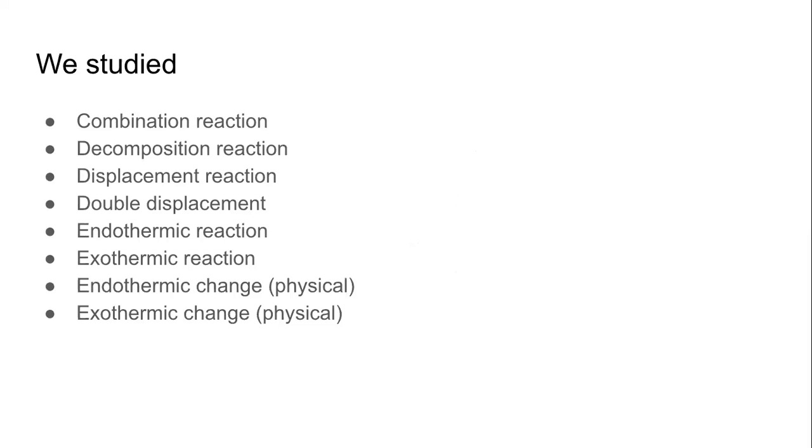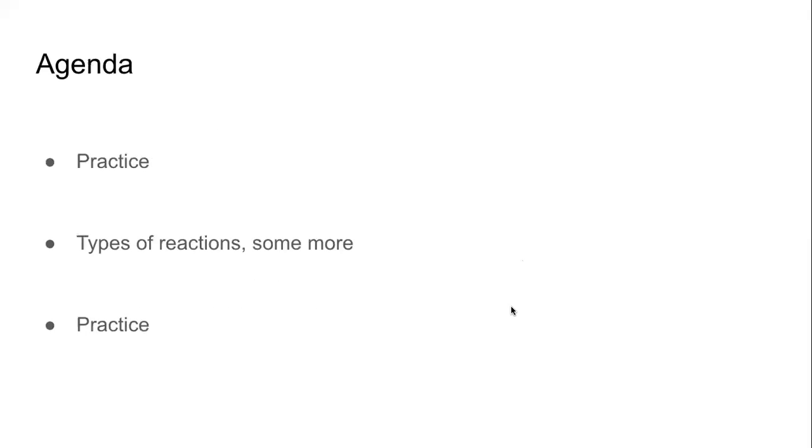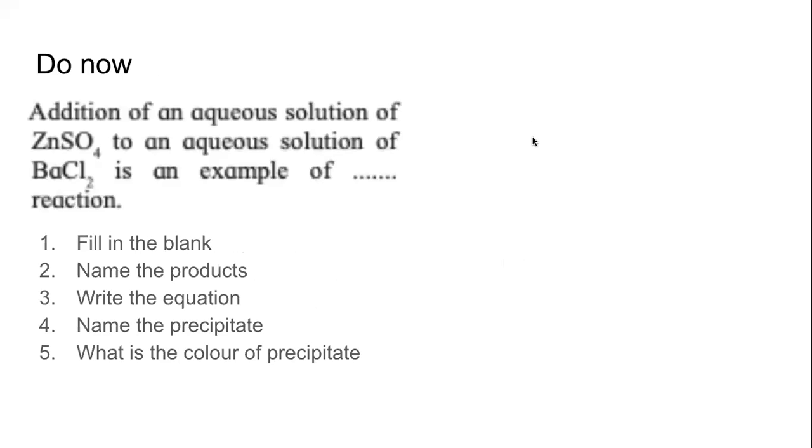Today we will continue studying more about different types of chemical reactions. But before that, there will be a practice where you will answer a question or a few questions. Then we will study some more types of reactions, and we will finish the session with more questions. So be ready with your textbooks, notebooks, pens, and pencils. The next question that is coming to your screen, you can answer by referring to your textbooks, notebooks. That is allowed. What you cannot do is refer to your guide.